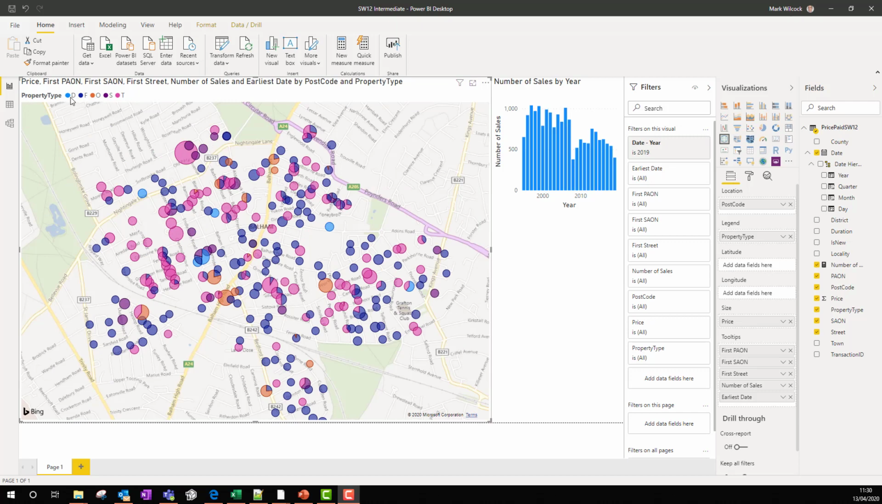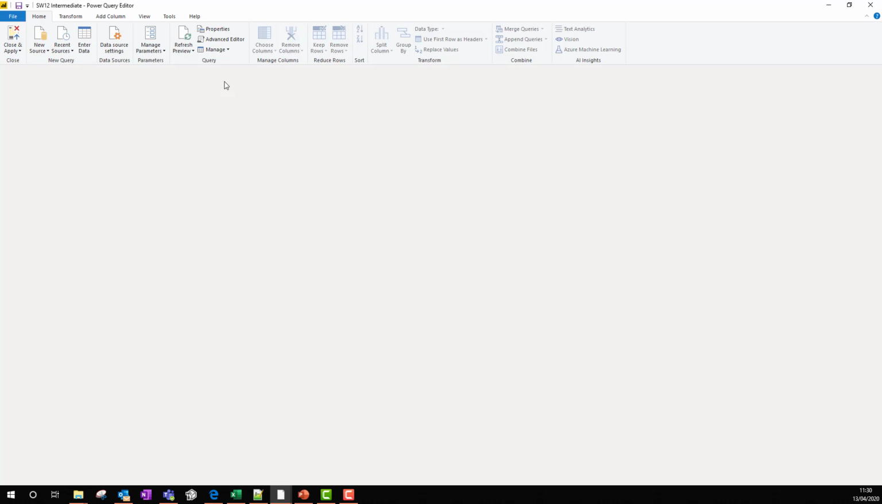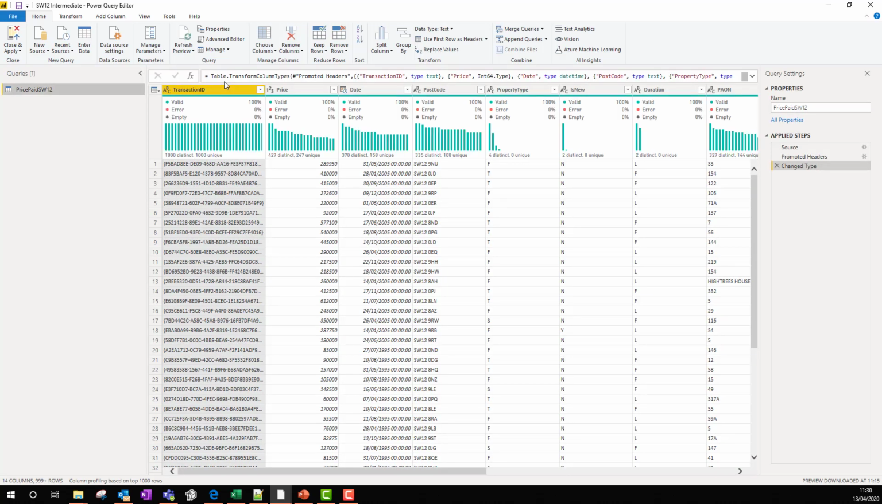At the moment we've got the property codes in there, D for detached and so on. We'd really love to have the names. So what we're going to do is go into the query editor and create a small lookup table. We're just going to click on enter data,